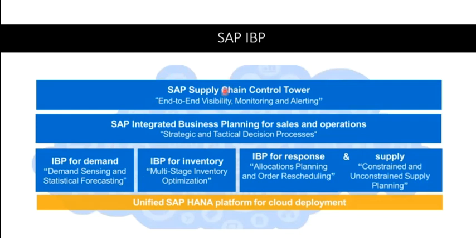Now, when these modules are purchased, the licenses are given in terms of the planning area. This planning area is where all the functionalities are attached. For example, if I'm purchasing demand, there is a demand planning sub planning area called SAP 6. That planning area is given the license to the